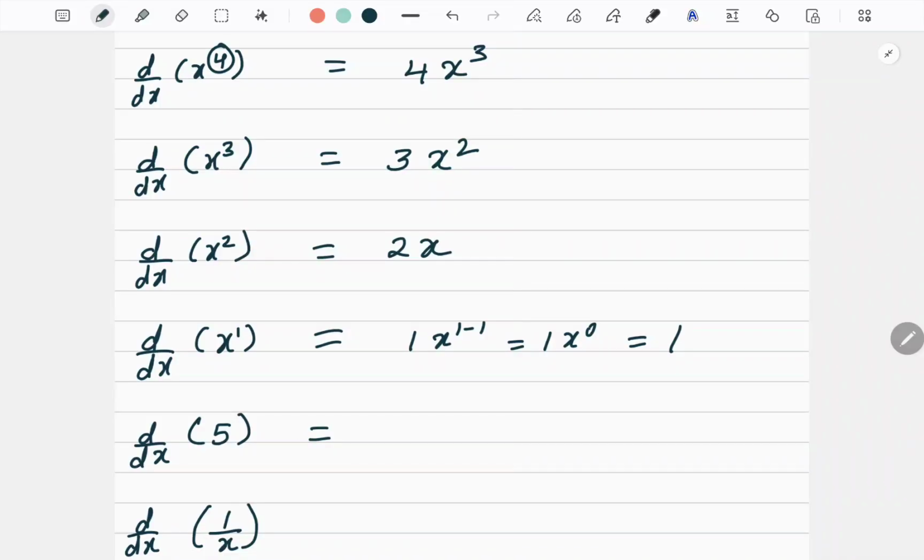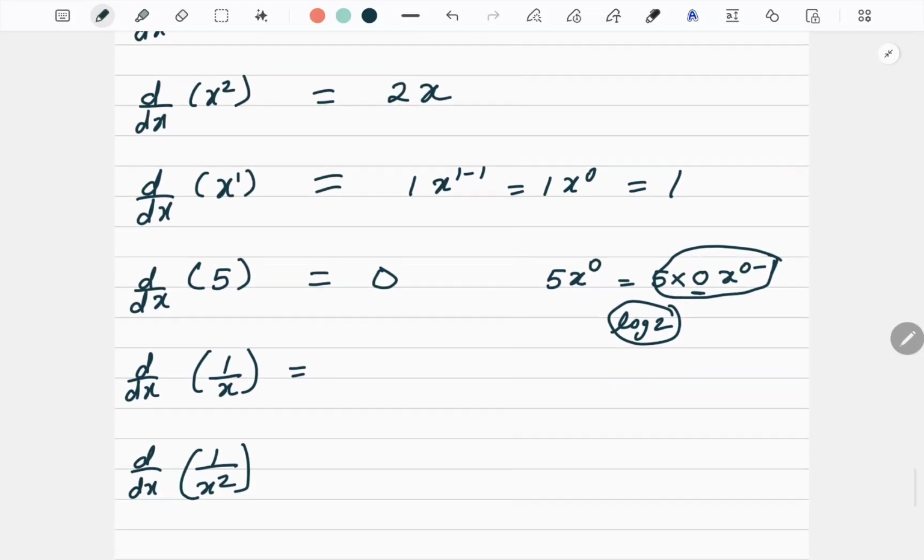Now when I talk about a constant like 5, 6, 7, 8, its derivative is always 0. How? So understand, when I say 5, I can write it as 5 x to the power 0. As I said, anything to the power 0 is 1. Now when you differentiate, this 0 will come in front. So 5 into 0, correct? X to the power 0 minus 1. So 0 into anything is 0, so the whole thing will become 0. So remember, differentiation of a constant is always 0. Right? So even if I write log 2, this is a constant, it is a number, there is no x. So differentiation will remain 0.